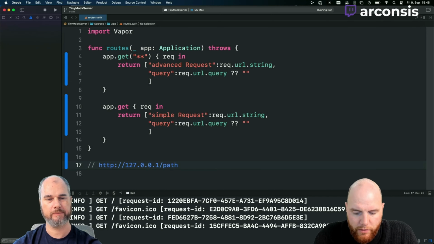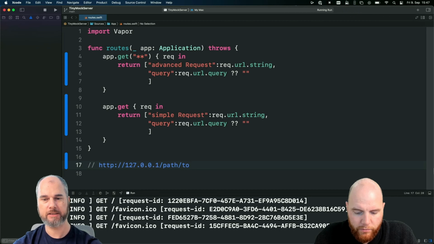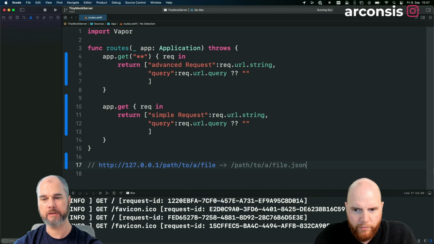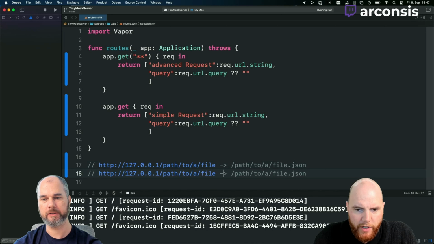So basically you have something like a path query combination, which maps to a JSON file. Something like that. Yeah. So I will have this, just this would probably result in the file at path to a file.json. Okay. But if I have